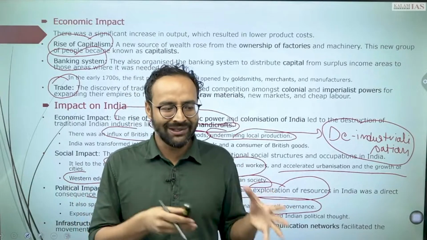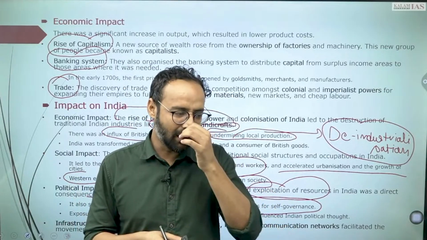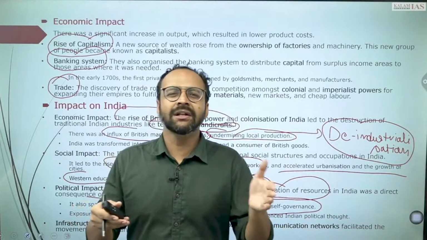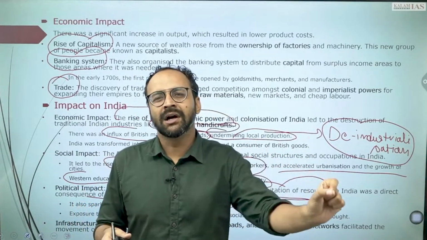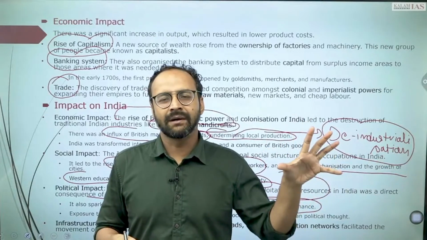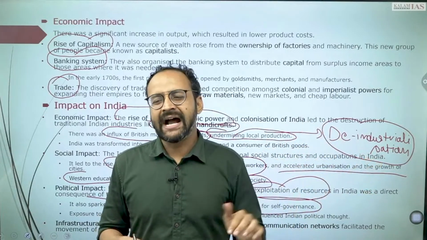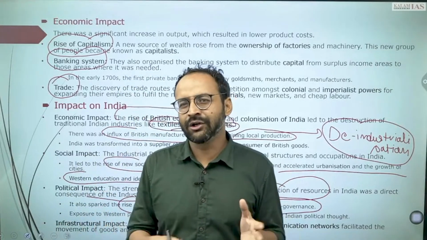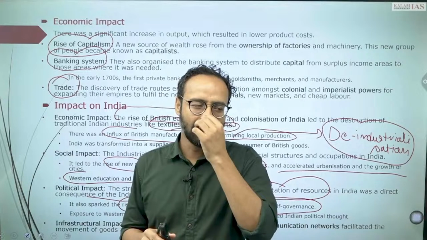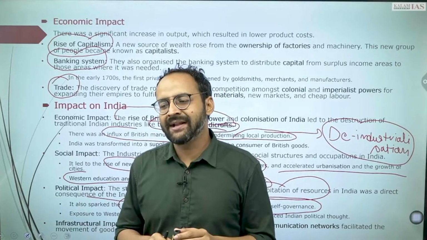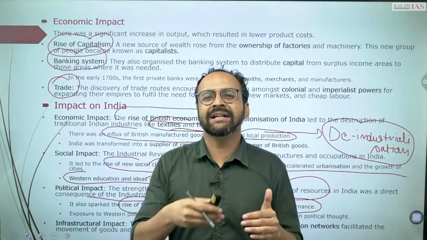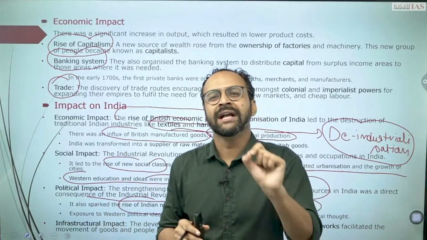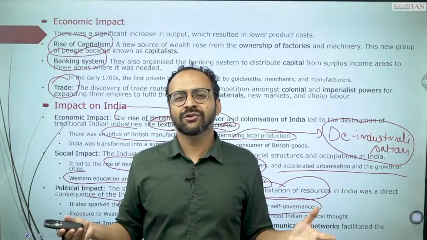So today what we did was, in a nutshell, if I could wrap it down for you, we talked about the Industrial Revolution in Europe, to be very particular Germany, Britain, and we also talked about the Industrial Revolution in the Americas. Then we slightly got into the eastern part of Asia, that was Japan, and then we got into the impact it was having on the world. To be very specific, the impact it was having on Indian society, Indian economy.